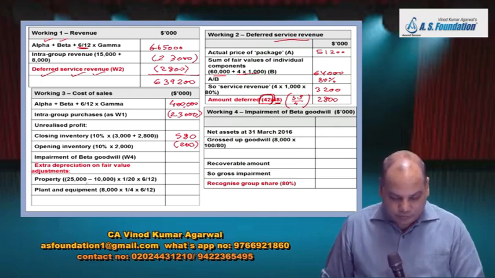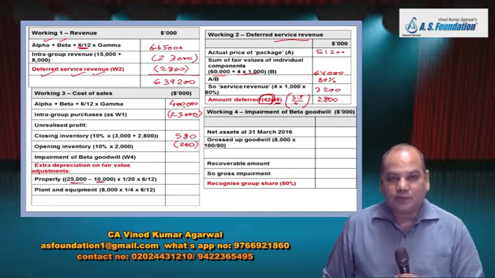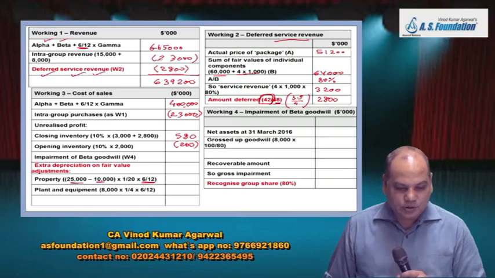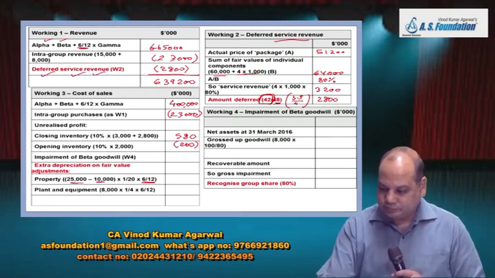25,000 is the total increase. Out of that, land element is 10,000. In property, total increase is 25,000, land element is 10. On land, we do not provide depreciation. So therefore, I will take 15,000 only. Life of the building is 20 years, divide by 20. Number of months in the current year from the date of acquisition till year ending date, 6 months, 6 by 12. 15,000 divided by 20 into 6 by 12 is how much? 375. So my cost of sale will go up